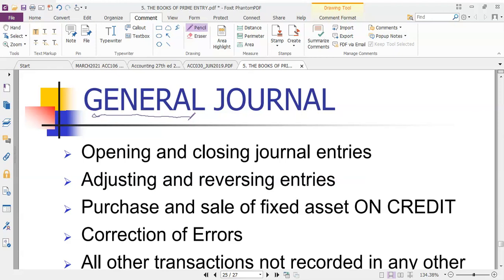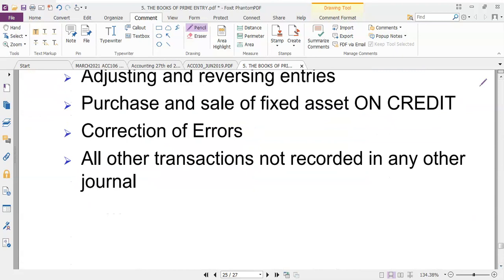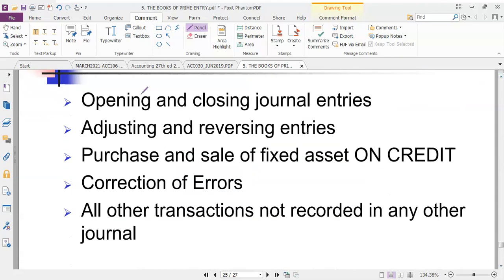Antaranya ada berapa banyak ni, nampak ni? 1, 2, 3, 4, 5. First is if we have opening and closing for journal entry, means that kalau kita ada opening balance, kita kena letak general journal. Number 2 is adjusting or reversing entries, kalau kita ada adjustkan account. Okay, yang ketiga